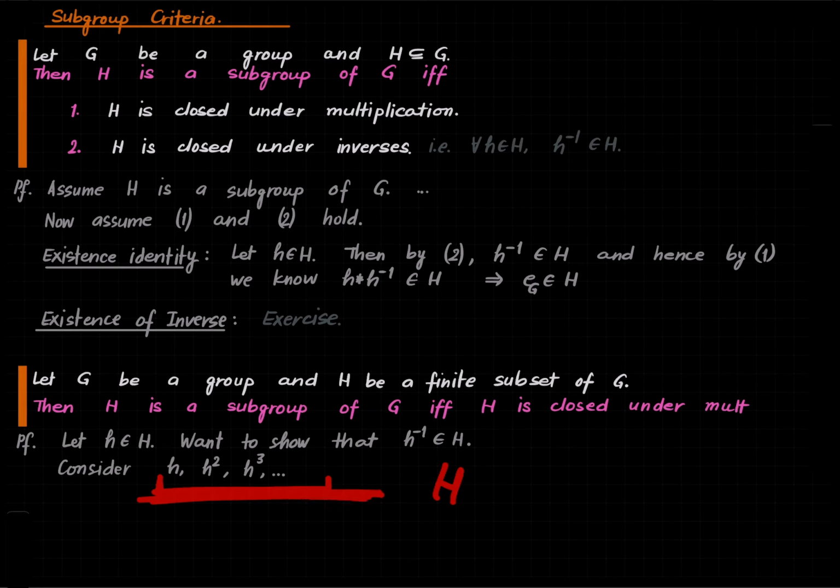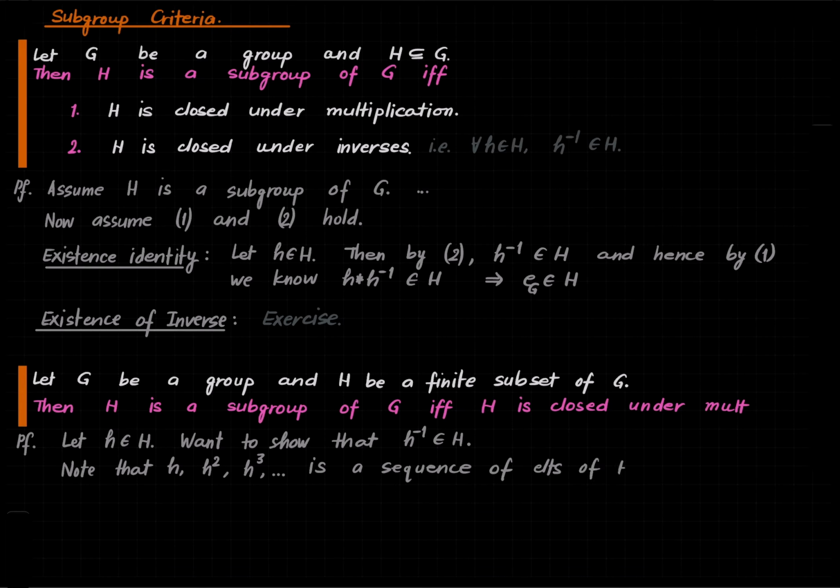If there was no repetition here, then H would become infinite. So note that this is a sequence of elements of H. But since H is finite, we know, or we deduce,